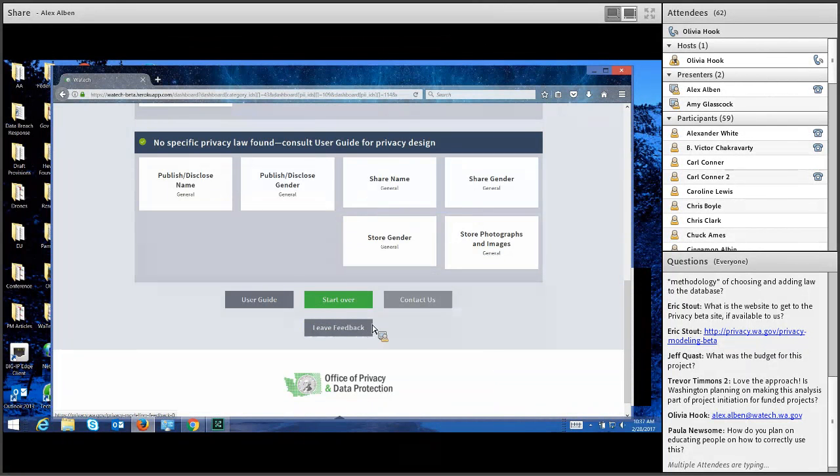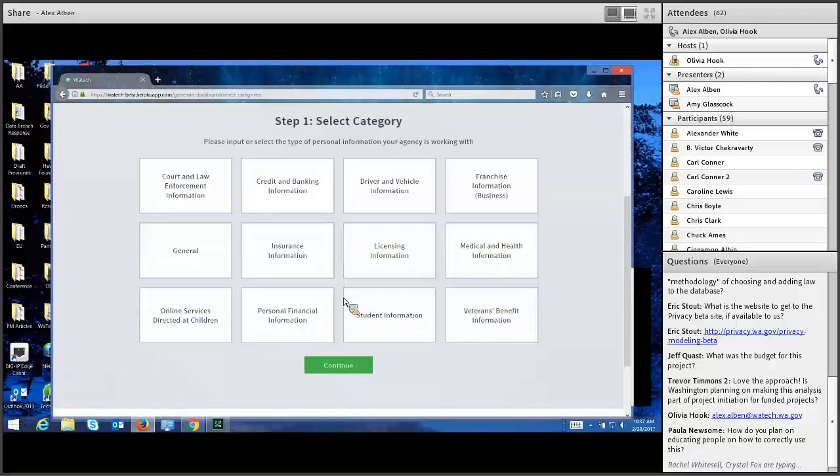All right, so the next question is, how do you plan on educating people on how to correctly use this? Yeah, sorry, an email popped up right over the question on my computer. Well, we did the tutorial, which hopefully is a good orientation. I would say this should have some training behind it, because I have the ability to go around to the different agencies in our state and do demonstrations and training and see who's interested.